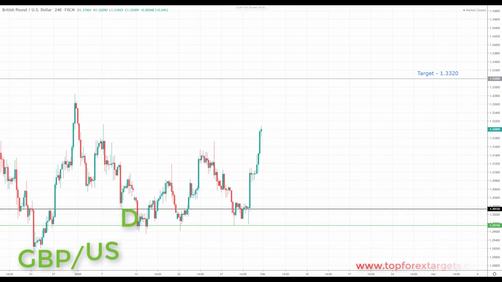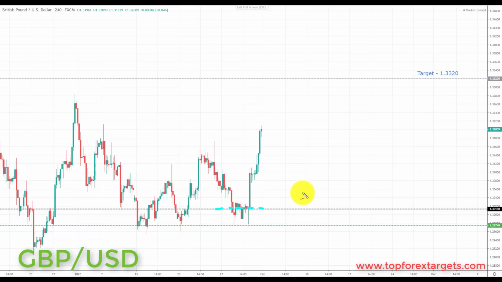So the next market we're going to look at is pound dollar. Now last week we highlighted the key area of support at the 1.30130 for you guys to keep an eye out and to look for a bounce or a rally from this area. We did get this pullback and we did end up bouncing from the 1.30130, which we highlighted last week. So very simply put, we're making our way now to the target highlighted last week at the 1.3320.